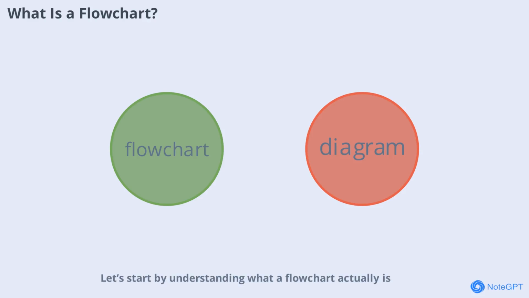Start by understanding what a flowchart actually is. A flowchart is a type of diagram that visually represents a process, system, or workflow. It uses various shapes such as rectangles, diamonds, and arrows to show the steps and the order in which they occur. Flowcharts are widely used in business, engineering, education, and many other fields to simplify complex processes and make them